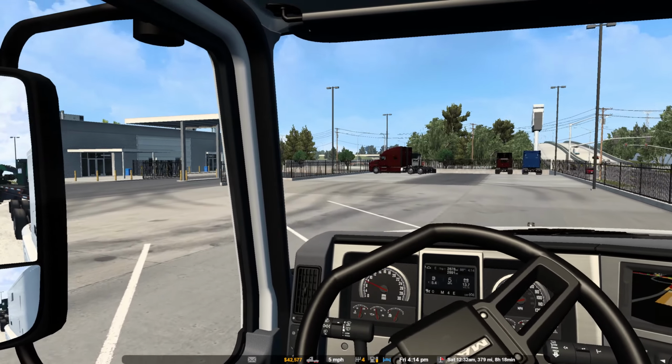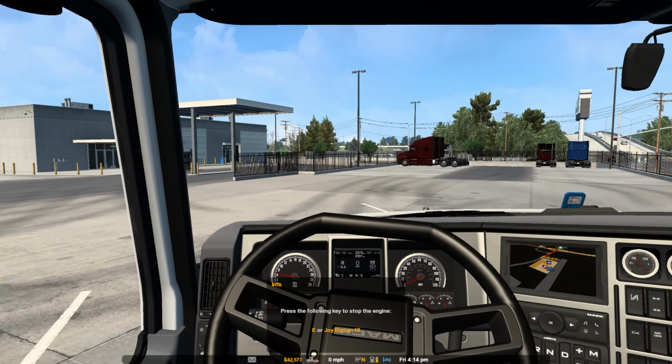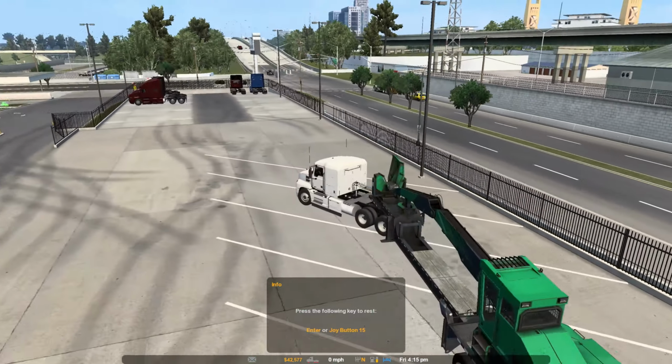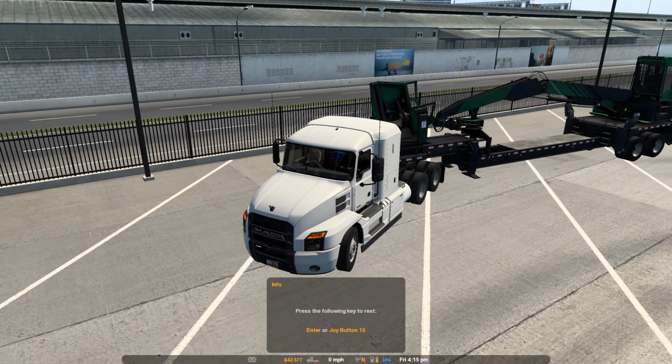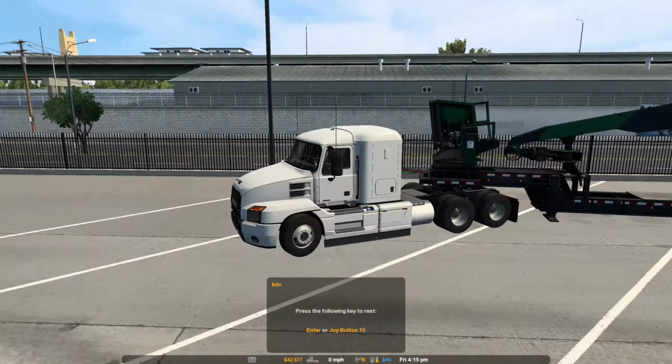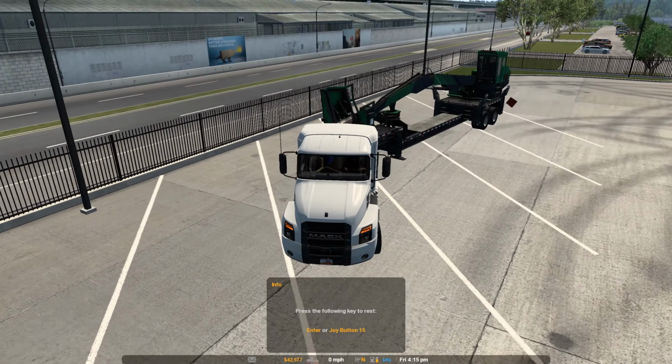Am I too close to the back? There we go. We're going to take up all the parking spots. It's not that long of a trailer. I think it's just a little bit longer than usual. What does it actually say in the back? Oversized? I mean, I suppose,